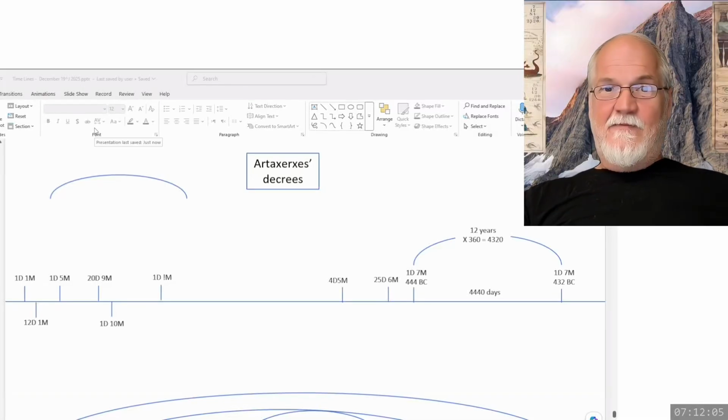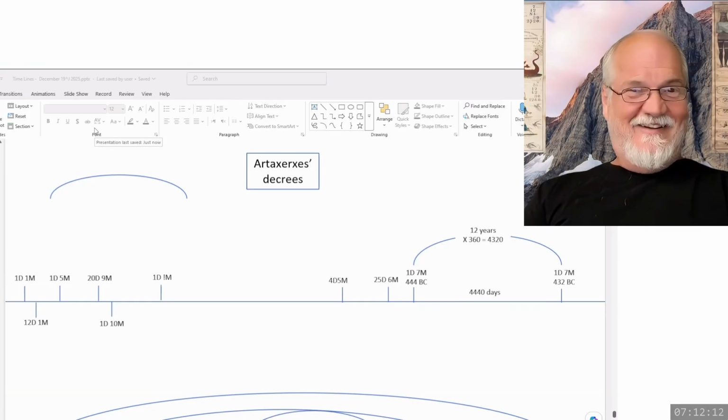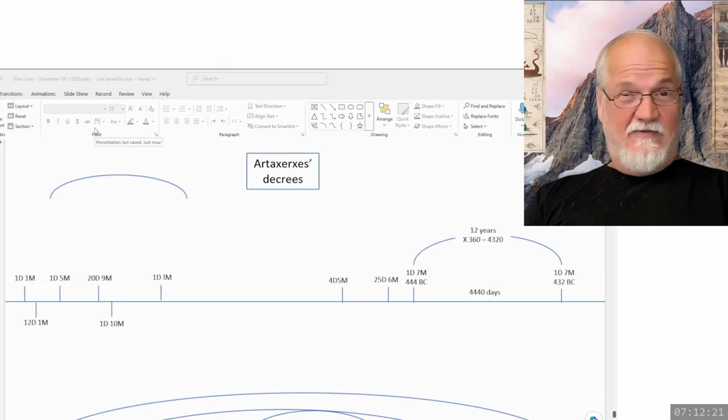Yes, I do see it. It is an interesting numeric connection. Right. Yeah, because it's a double witness, right? The 12 years gives us 432, and the 12 years also gives us the 444 in a very similar way